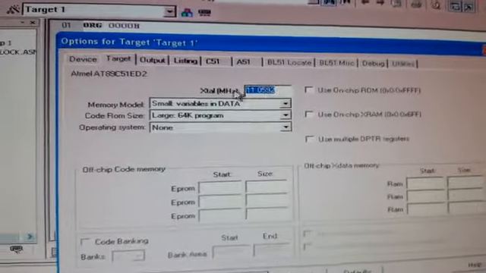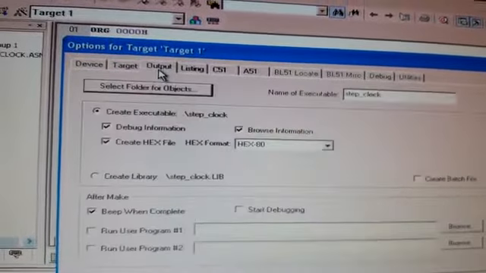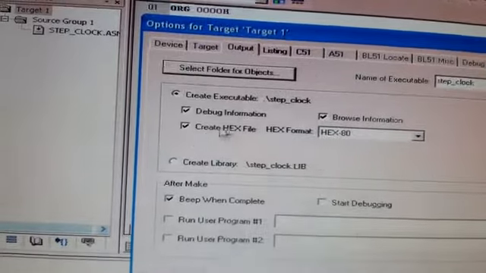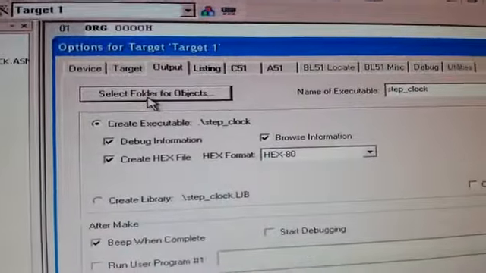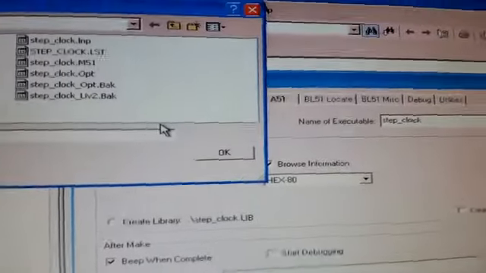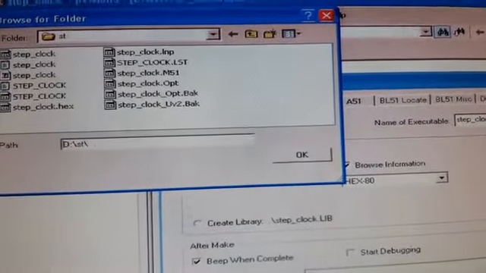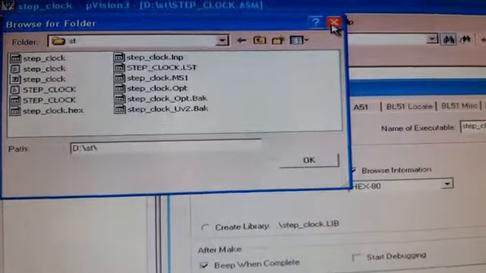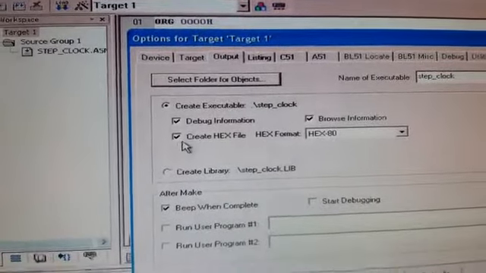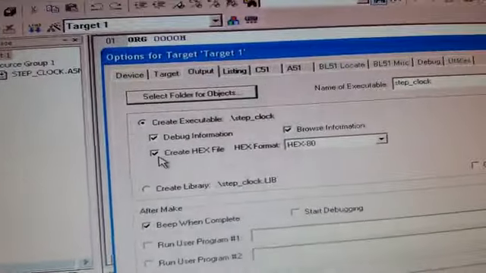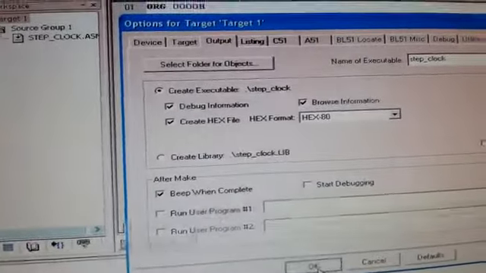In that you have to check the frequency. In addition to that, go to the output. In part A you are not doing all these things, but in part B we have to do all these things, where you can select the folder where you want to save your hex file. You can select your own folder. Then this is the name with which the hex file will be saved. Also you have to check this one, create hex file, then say OK.